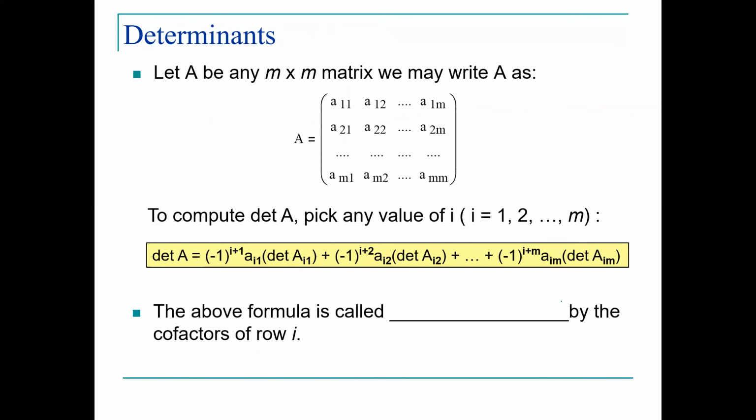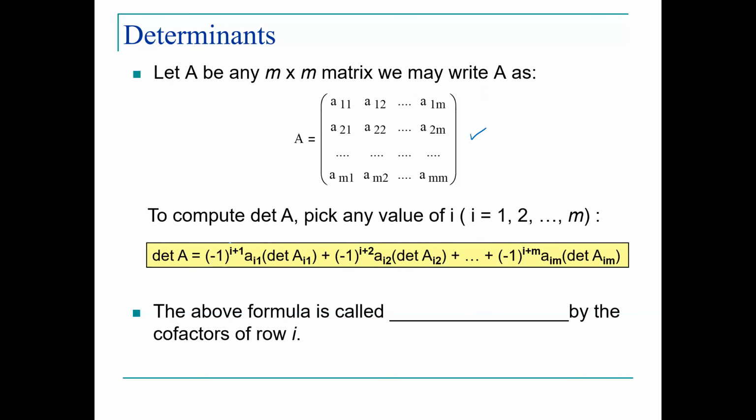Let A be any m times m matrix. We might write A as follows, a square matrix with all these coefficients. So in this case, we have a big matrix. To compute the determinant of A, pick any value of i equals 1, 2, up to m. And then the equation will be as follows. The determinant of A is going to be equal to,